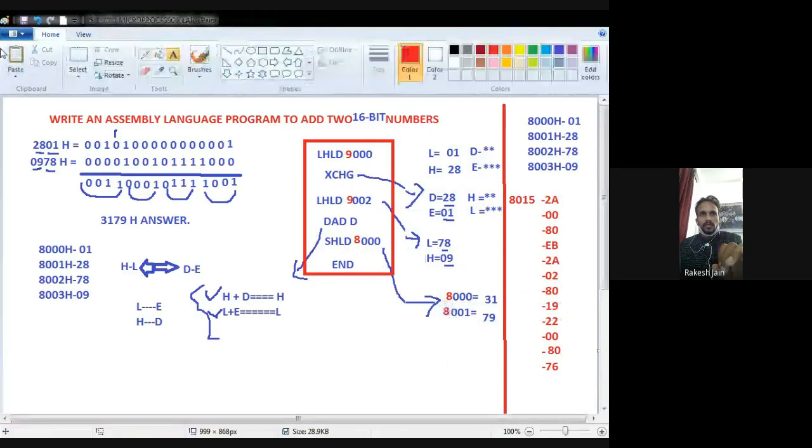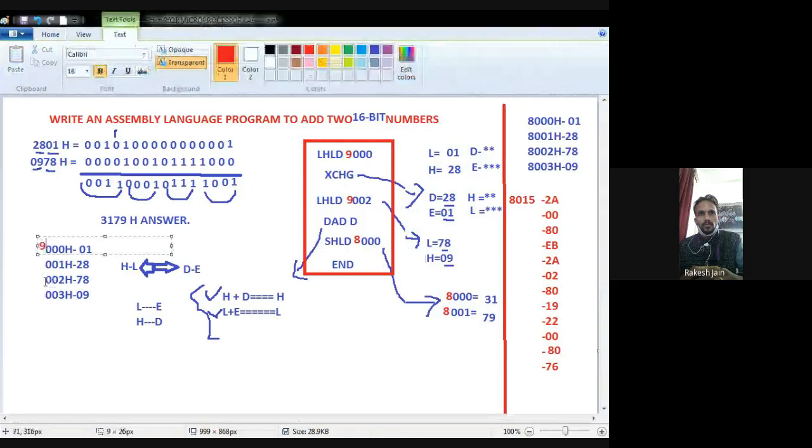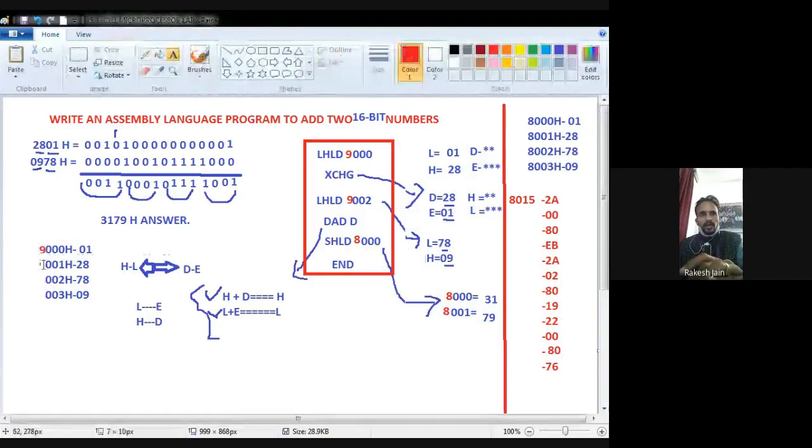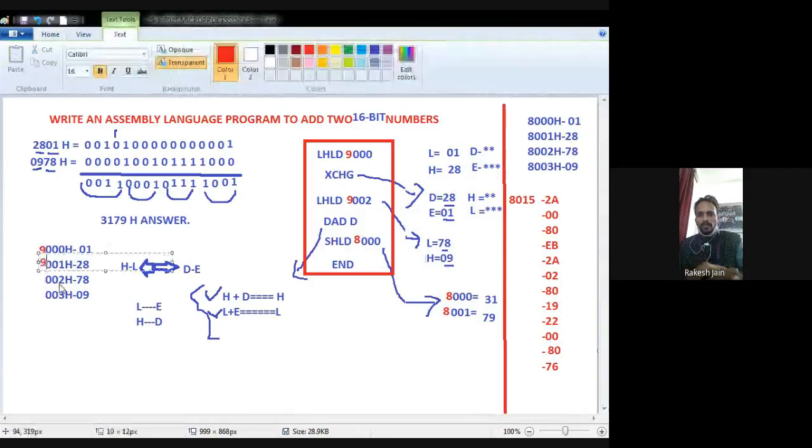But see very carefully: the data should be uploaded from 9000 instead of 8000, because you changed the addresses of the data uploading. This is 9000.